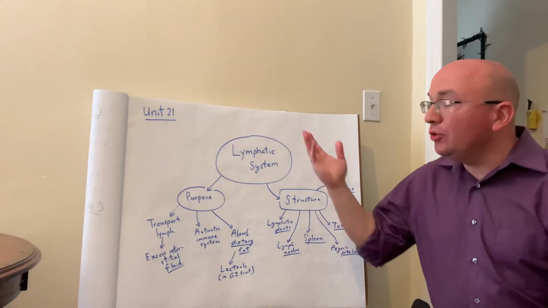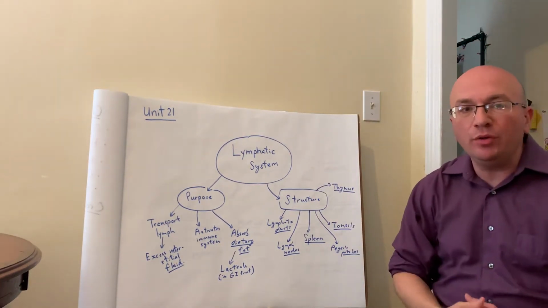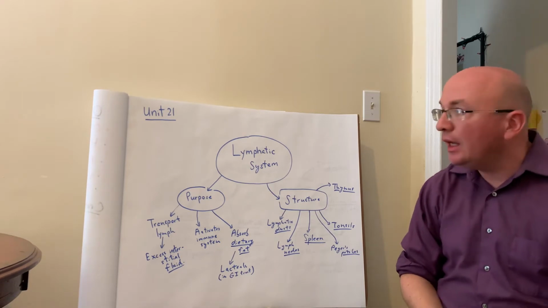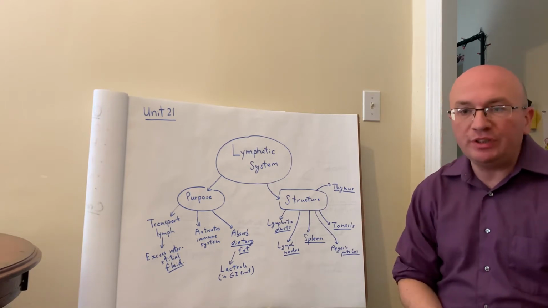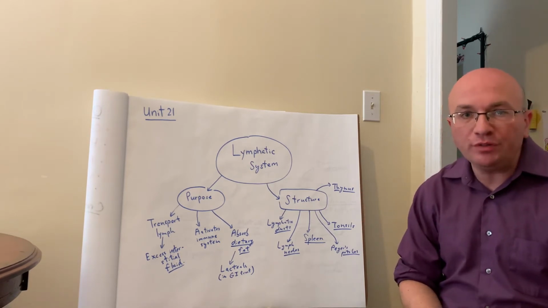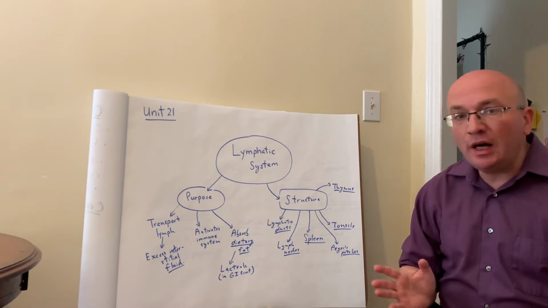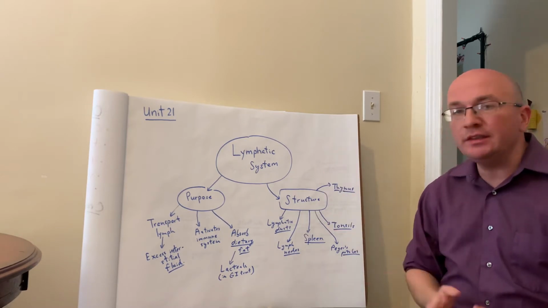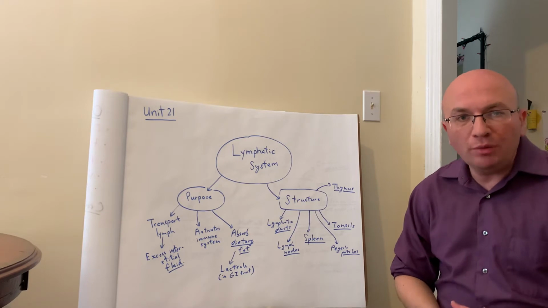Welcome to Unit 21 in the Laboratory Manual for Anatomy and Physiology students. This chapter appears also as Unit 20 in the prior editions of the manual. For this topic, we're going to discuss the lymphatic system and a little bit of an introduction to the immunology or immune